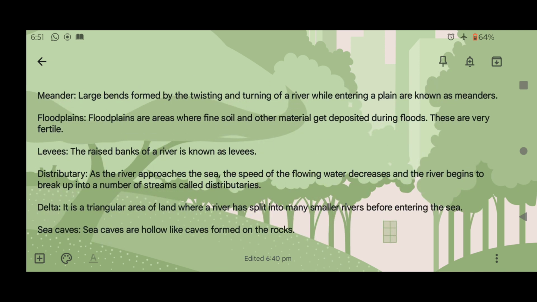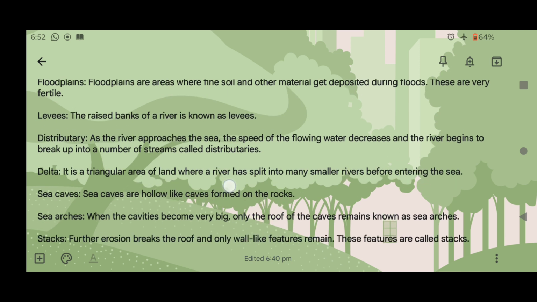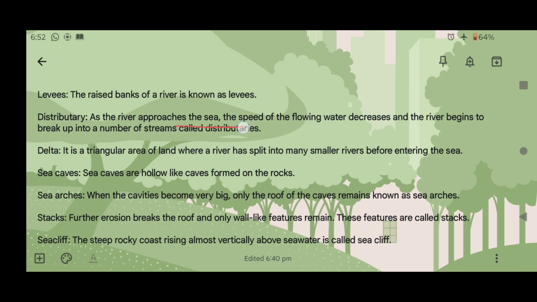Flood plains: flood plains are areas where fine soil and other material get deposited during floods. These are very fertile. Levees: the raised bank of a river is known as levees. Distributary: as the river approaches the sea, the speed of flowing water decreases and the river begins to break up into a number of streams called distributaries. Delta: it is a triangular area of land where a river has split into many smaller rivers before entering the